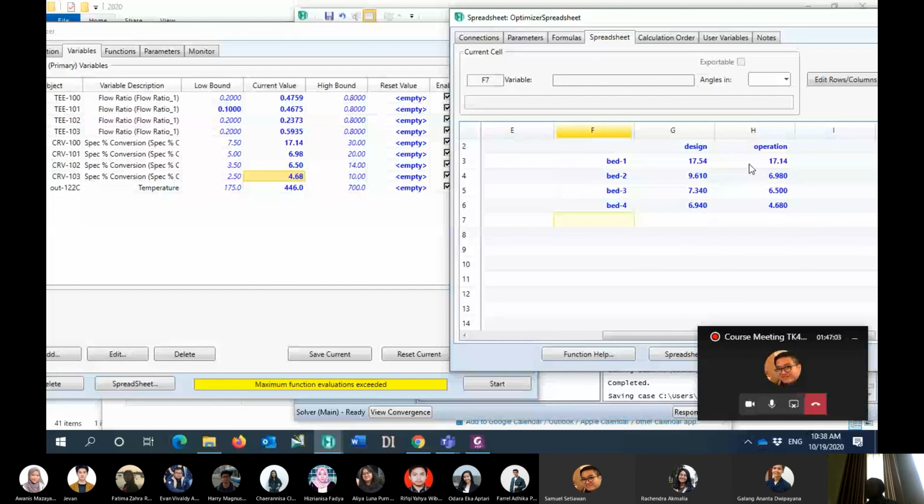My previous task was to find which bed has the degraded performance. Following this evaluation, following this data, can you explain which bed has degraded performance?